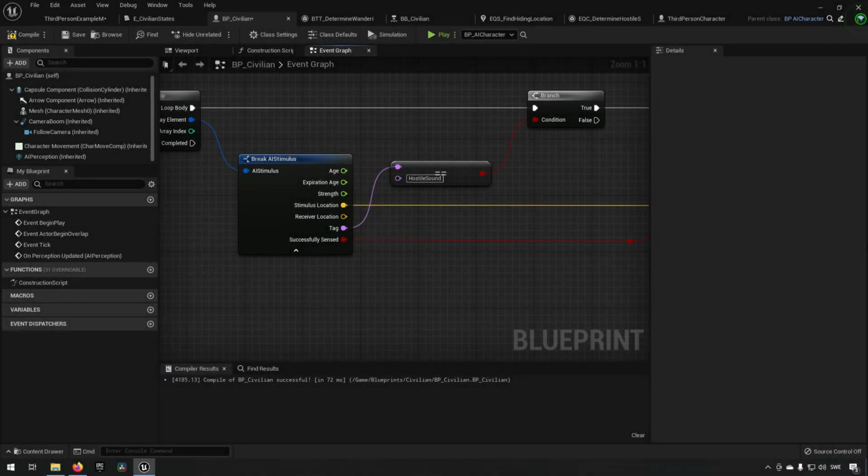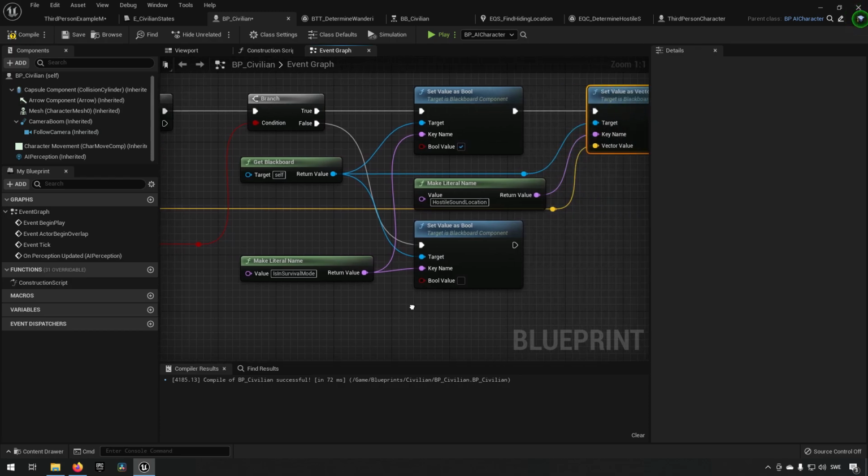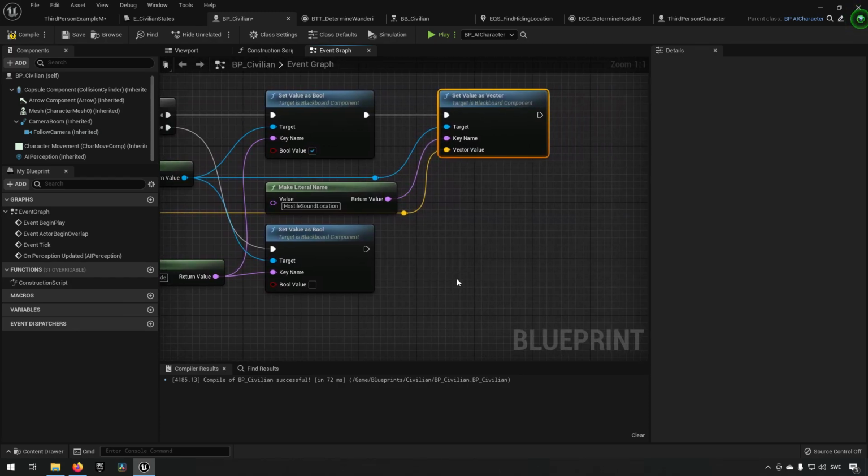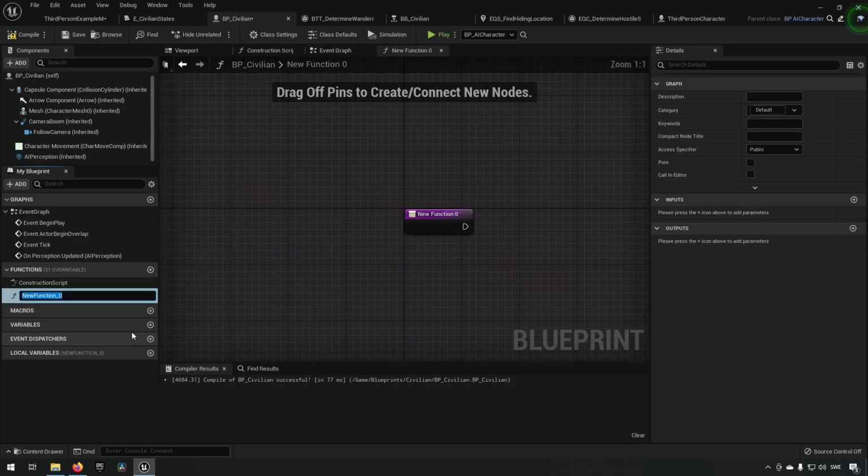Now, in addition to what we've done so far, we also want to have some sort of way to transition between the two different states. The normal state, which is like a calm civilian, and the panicked state, which is the one that's trying to survive, right? So let's create a function for this blueprint, and we'll just call it something like